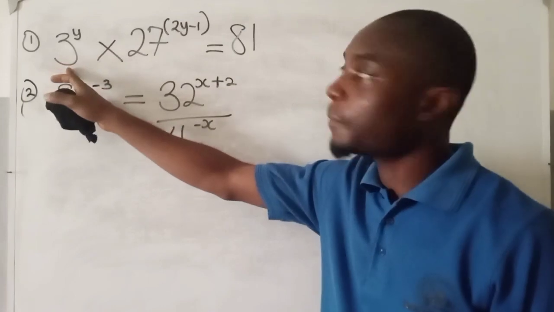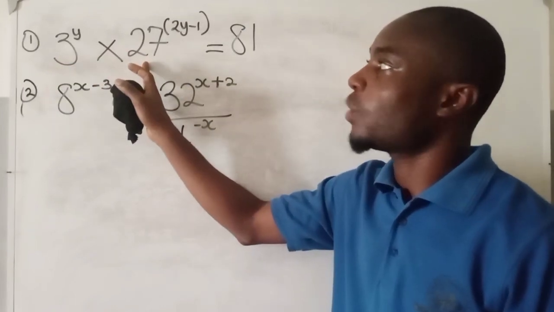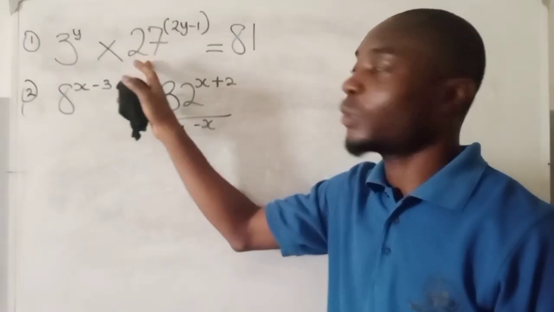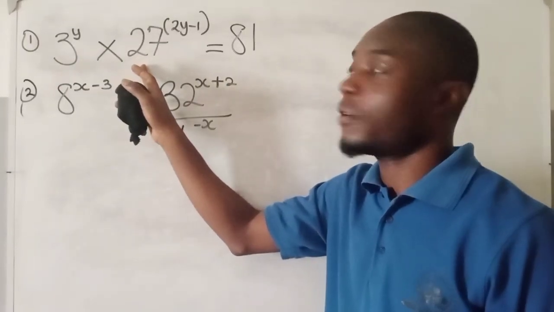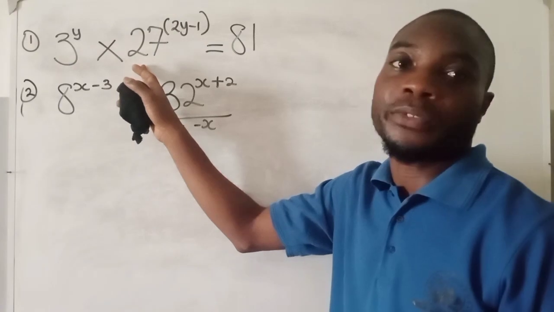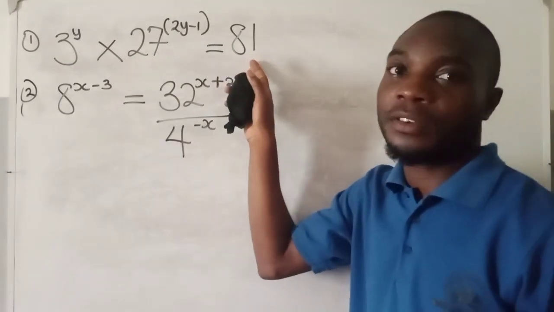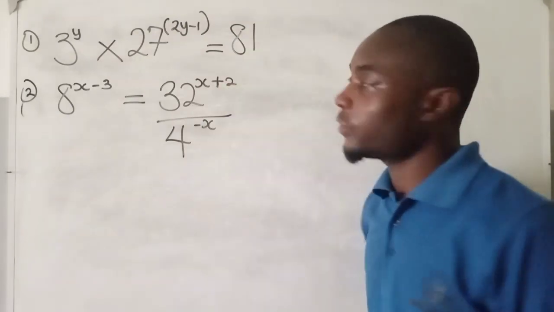We have base 3 here, base 27. We have to change 27 to be as base 3. So in this case of 27, we'll have 3 raised to the power of 3, because 3 times 3 times 3 is 27. Then in the case of 81, we can have 3 raised to the power of 4. All right. So in doing that,